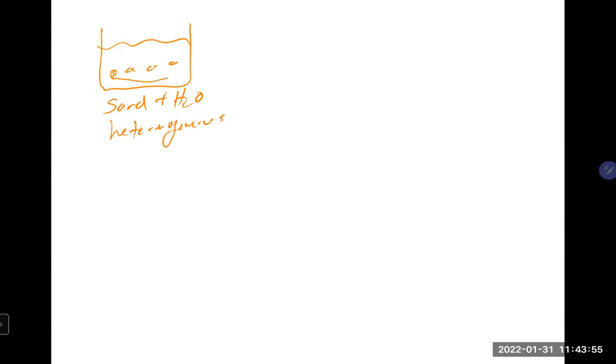So if we look at, say, our salt, our sand and water. I'll draw this, sand and water, right? That is a heterogeneous mixture. I guess my sand would be on the bottom, so I'll just draw it like that. So we've got some sand and water. That's a heterogeneous mixture. We could separate this out by a very simple physical process, which we're going to do today as well,